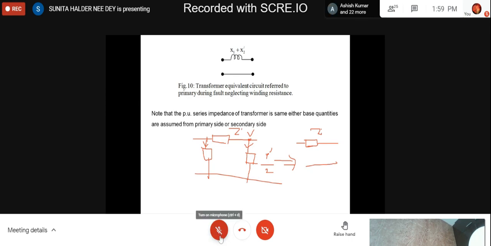Now if we consider resistance, it will be Z dash. If we do not consider resistance, it will simply be X dash. So for the transmission line separately, I think this explanation is sufficient. So every component of the power transmission system we can now represent for the faulted condition. For normal condition, how to represent, we have seen in our per unit system class. Next day we shall discuss one fault calculation method based on this concept. Okay, thank you.